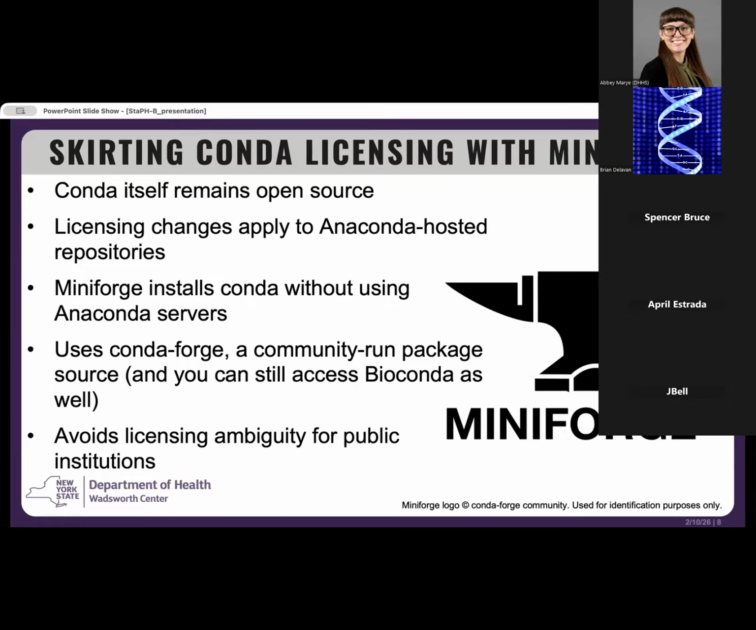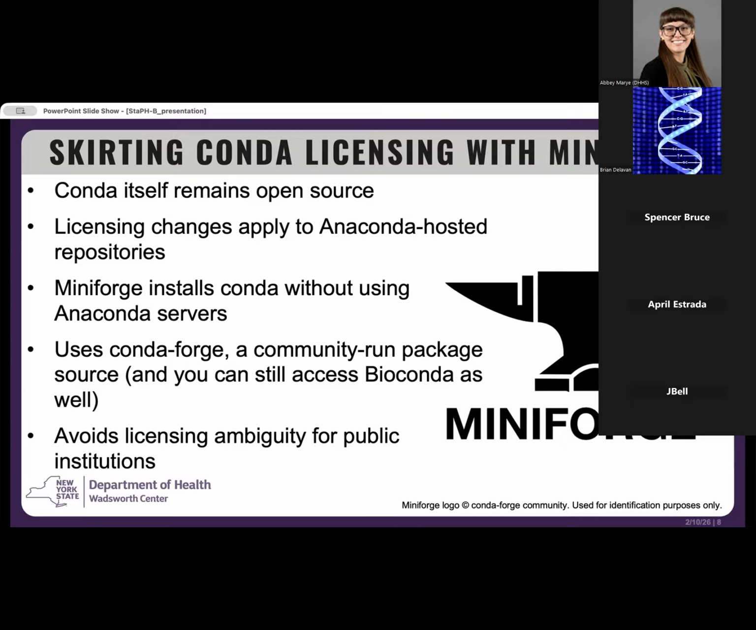the rules. So MiniForge, which is in the slide here, right, is a lightweight installer that gives you Conda without connecting to Anaconda's servers. And it works just like Miniconda. The installation is essentially the same, but it ensures you're not violating any licensing rules, right? So instead of pointing to the Anaconda-based repositories by default, MiniForge is configured to use CondaForge, which is the community-run package ecosystem. And you can still also access Bioconda using